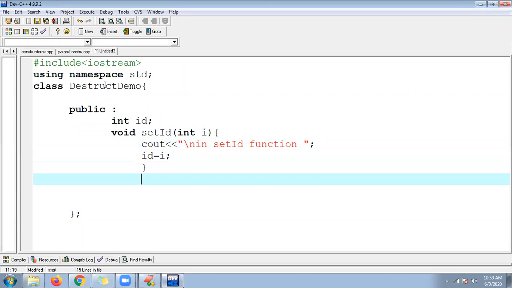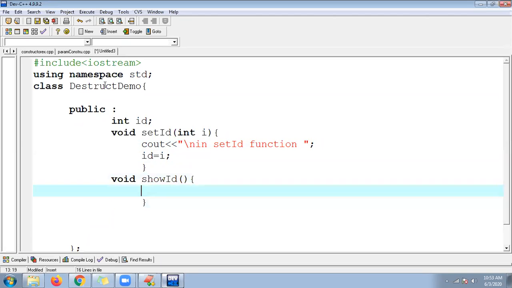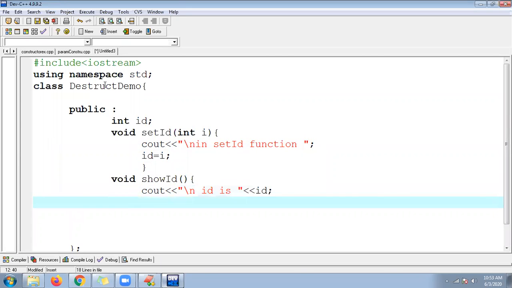Then void show ID, where I just want to show the ID: cout, slash n, ID is, insertion operator, ID, semicolon.